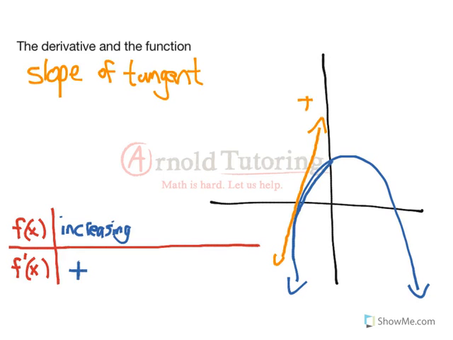Let's take a second to talk about that. If we see that a function is increasing, that means the derivative along that increasing portion must also be positive. Vice versa, if we find a positive derivative, it means the function at that point is increasing. Increasing just means going up and to the right. Now vice versa,